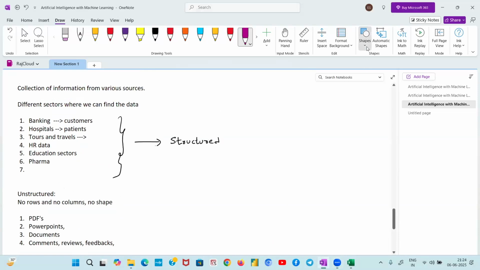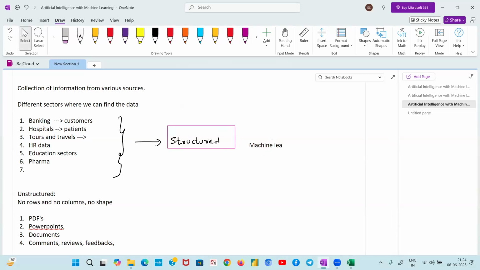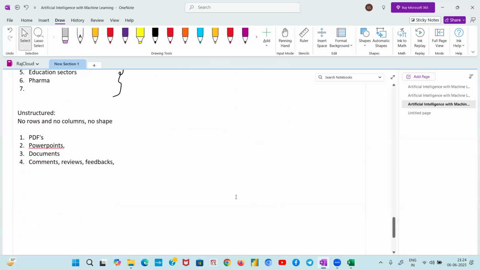Underline my words: being a machine learning specialist, you are going to spend more time on structured data. If you are handling unstructured data like comments, reviews, feedbacks, videos, audios,